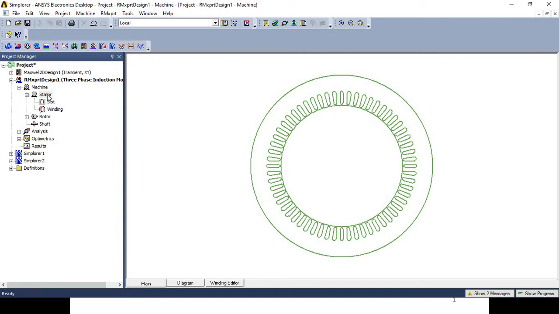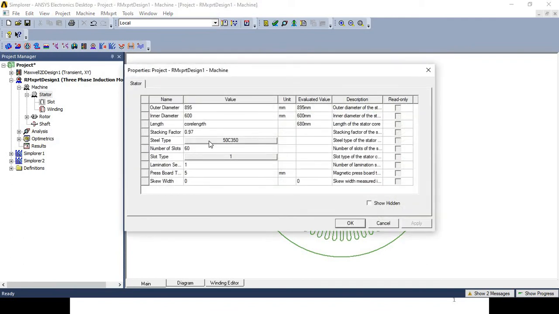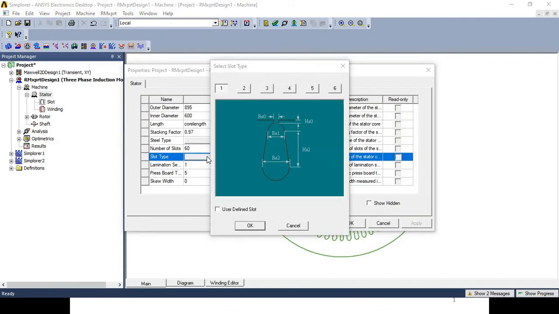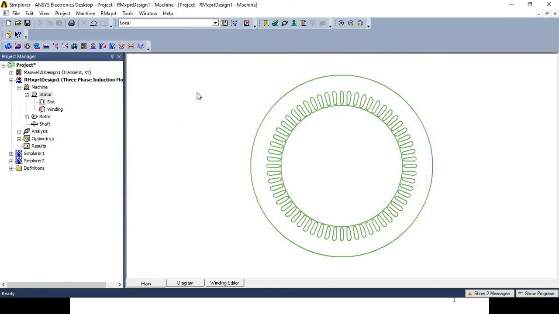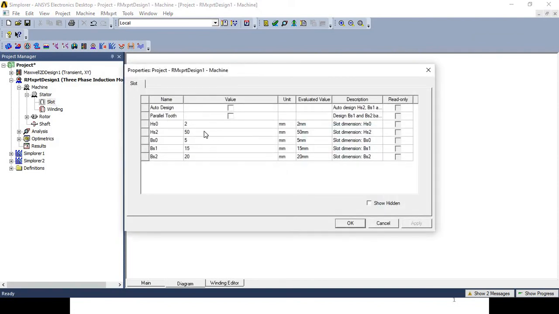But see, in case of the slot, we had selected slot type 1, and from the diagram you will get the idea about the meaning of the terms BH0, HH0, BS1, HS2, BS2, etc. But in case of the actual slot design, you have to give the input values of these parameters. And if you want to select auto design, you have the option of auto design.